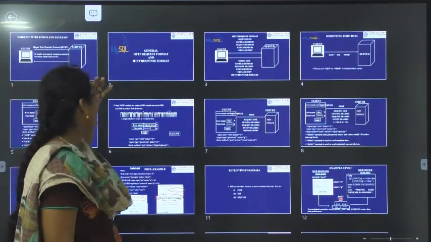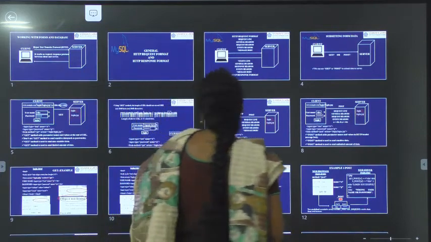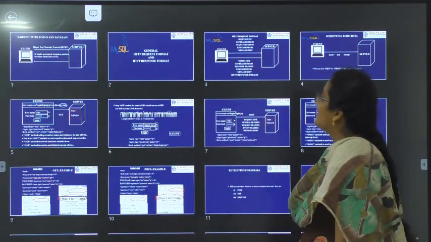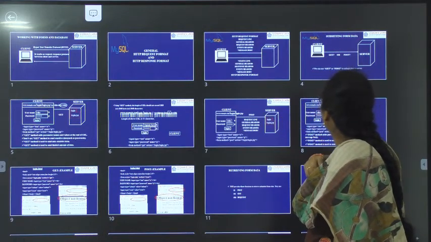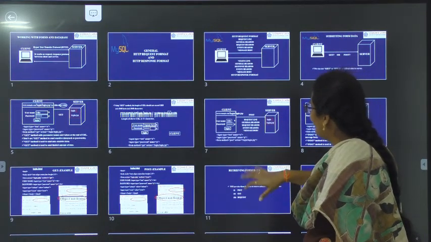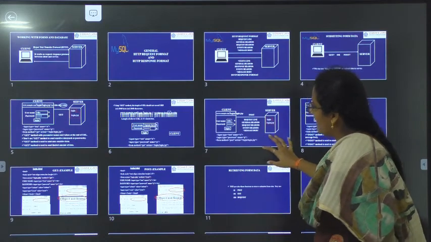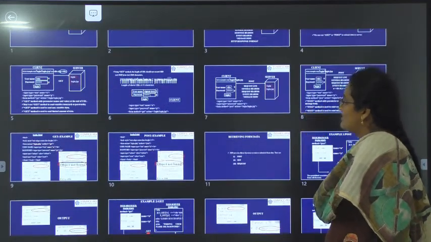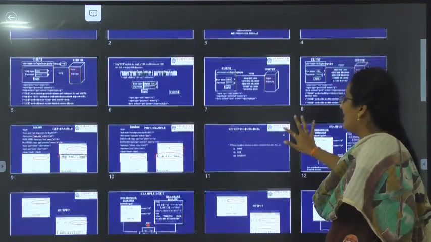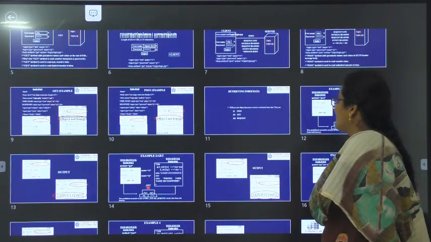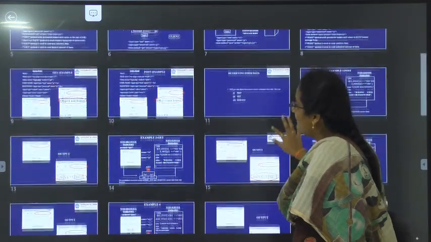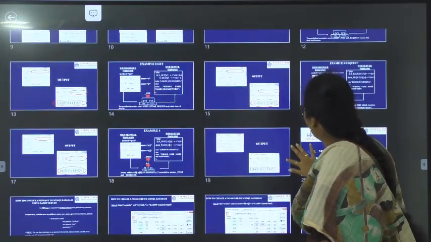How to work with forms and databases. What are the general HTTP request format and response format? How you can submit data to the database using the get method and post method? What are the disadvantages of the get method? How you can overcome them using the post method? How you can retrieve the data from a form? So post, get, request are the functions for retrieving the data from the form. What are the syntaxes and examples for those functions?